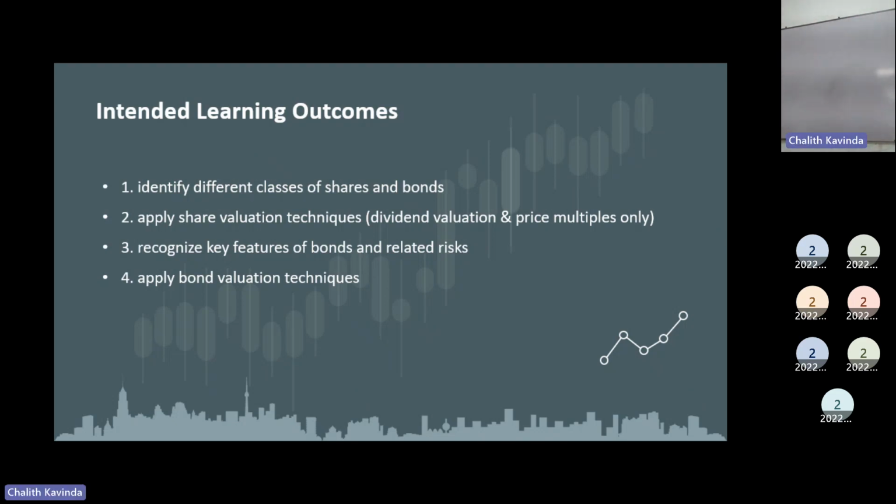Now, if I put it in a very simple way, I want to show you the broad picture, what our final destination is. It's very simple. Simply, you are going to learn how to value the share and the bond in the market. For example, when it comes to the London Stock Exchange, let's say their share price is 250.